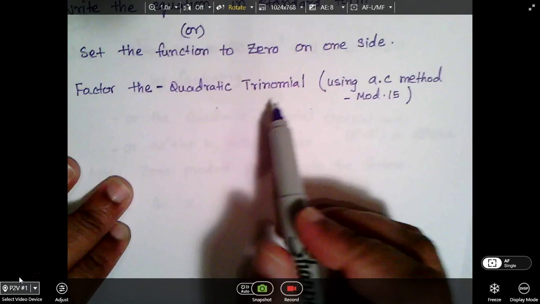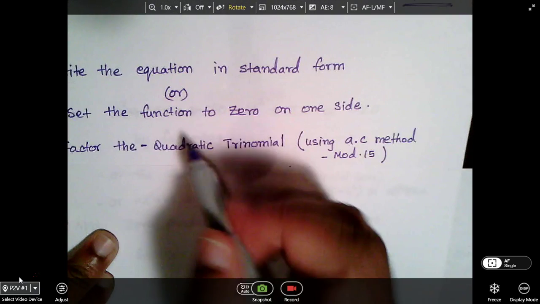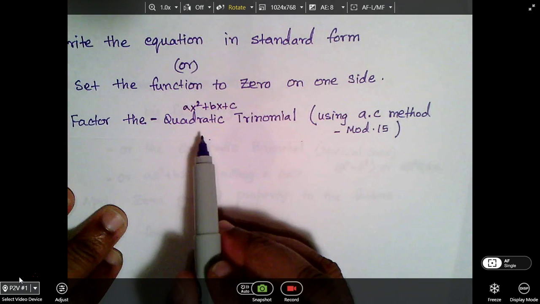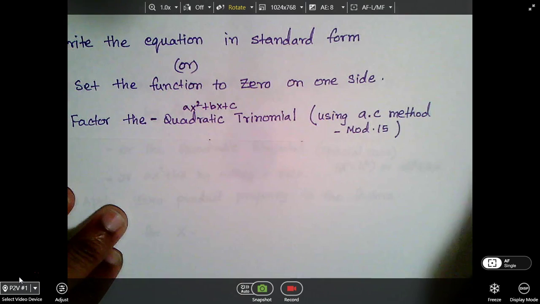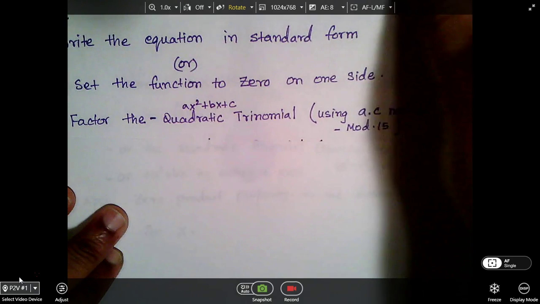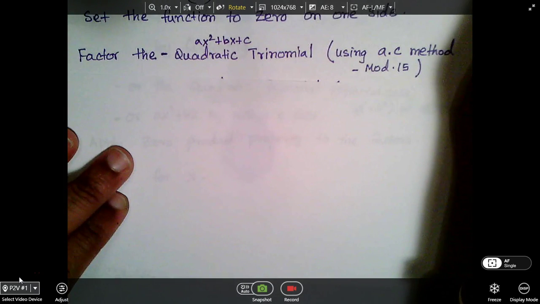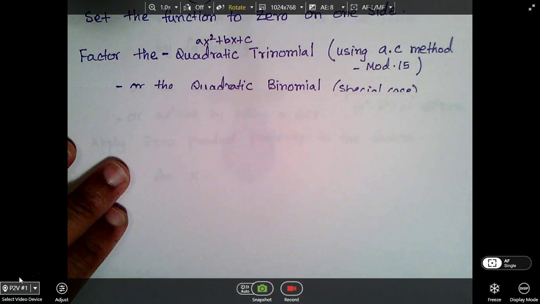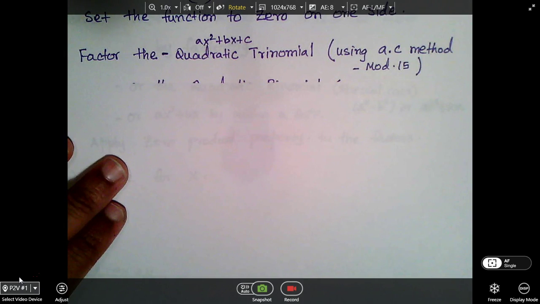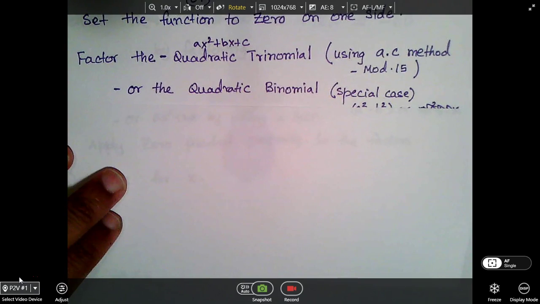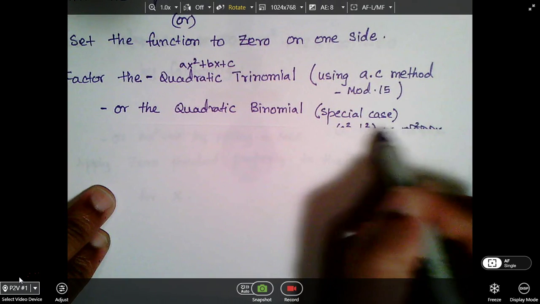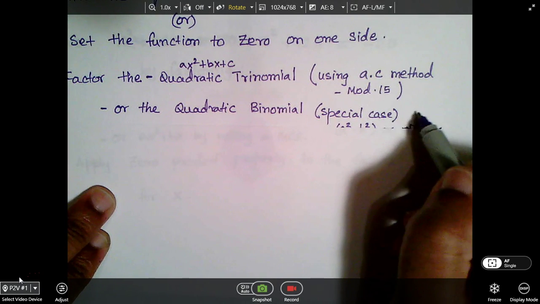If it is ax squared plus bx plus c, I want to factor that trinomial using the a times c method, which we saw in module 15, right? If you are not familiar with how to factor it, you need to go back and watch that video. Or if it is a quadratic binomial where your bx term is missing, which is a special case most of the time,